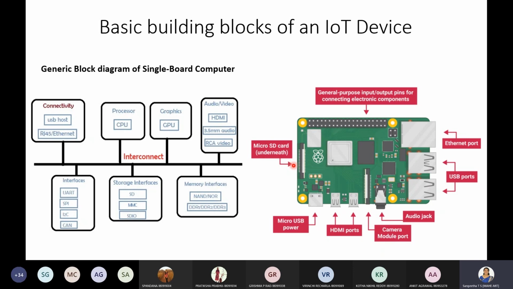Okay, so once you insert it, later you can plug in the rest of the devices required for functioning of the board, and then when you power on the system, it will boot with the actual operating system, the operating system which you have written into the SD card. So all this you have to configure manually. Okay, and even the connectivity, connecting to the HDMI port or power or Ethernet port, all this you have to configure to make it work.